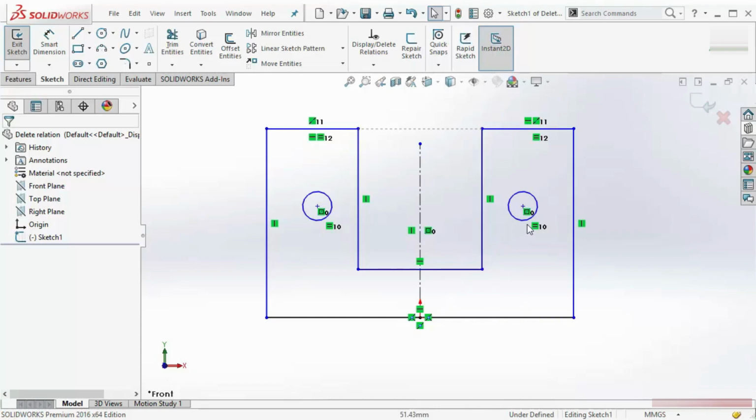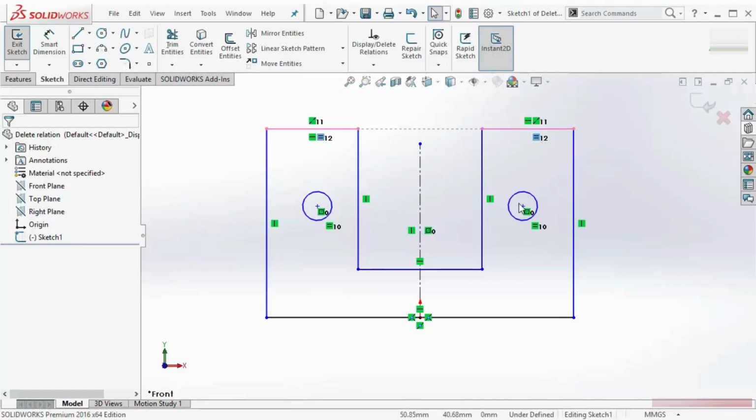If I want to delete this symmetry geometric relation, I just have to select it, and when I'm selecting it, you can see it is highlighting these two entities because this symmetry relation is applied between these two circles. That's why these two are highlighting, which is another good way to know. Let's say I want to know when I applied this equal geometric relation, between which sketch entities it was applied. In that case, I just have to hover over it and it will highlight, which is really very good